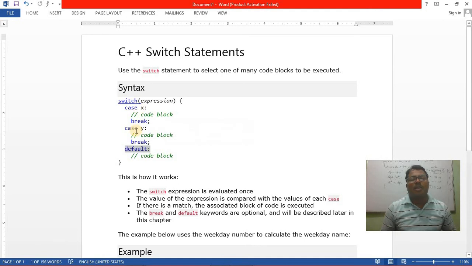When none of the cases match the expression value, it goes to the otherwise situation, which is the default. The switch expression is evaluated only once. After that it checks all the case values, and the matching case will execute, otherwise control will move to the default, and after that outside of the switch.